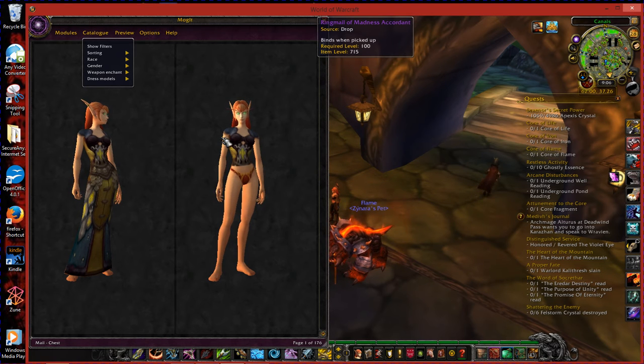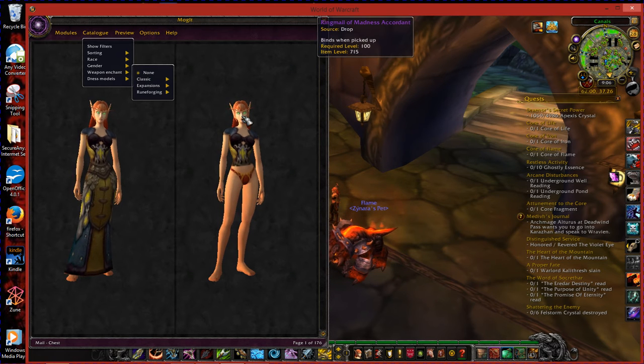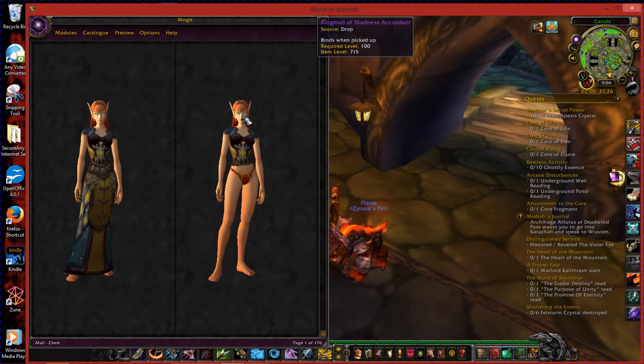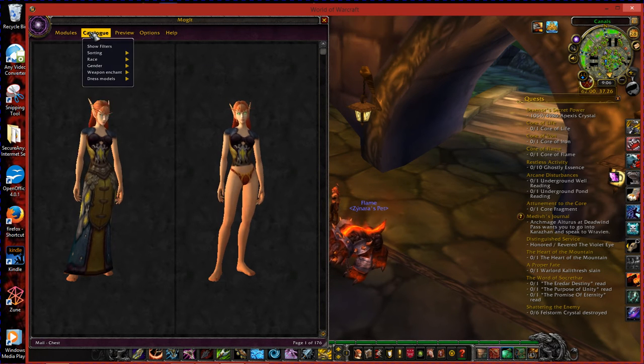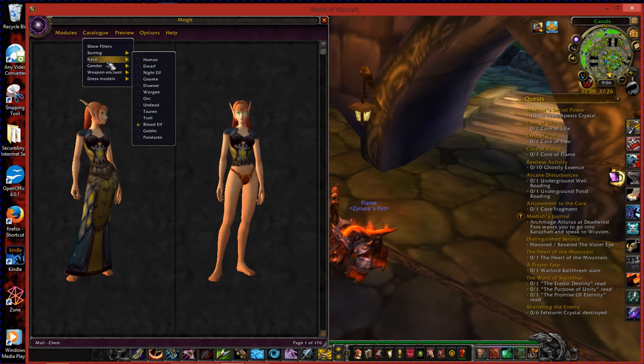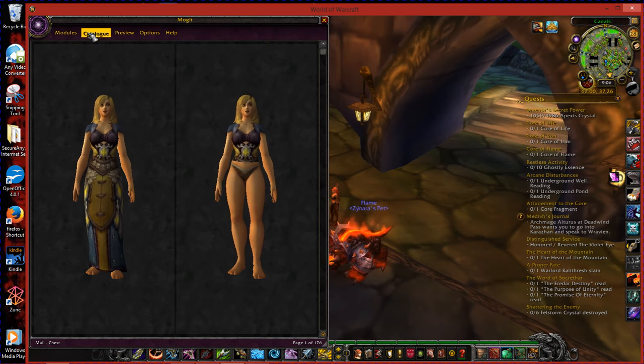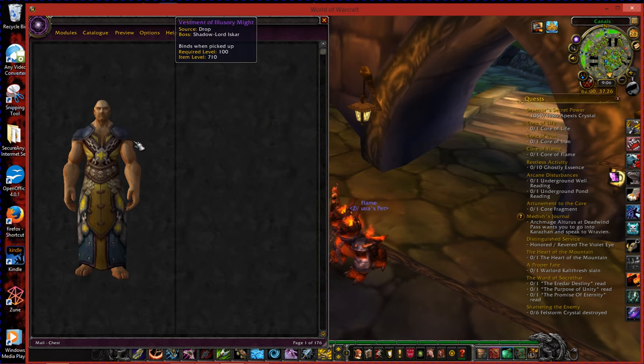If you are looking for a character other than what you're actually on at the moment, you can be on your hunter and look for something on your paladin. If you're on a blood elf, you can still look for something on a tauren. All you have to do is choose the race that you want it to look at. You can choose the gender that you want to look at.